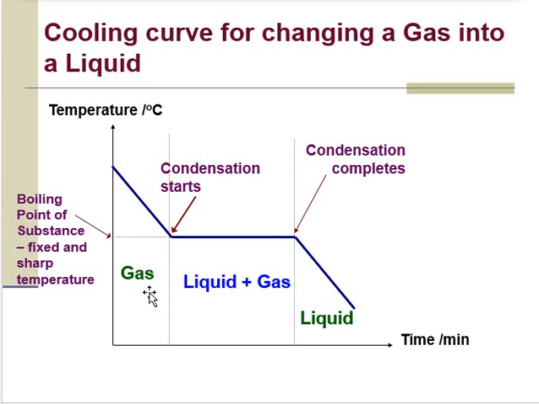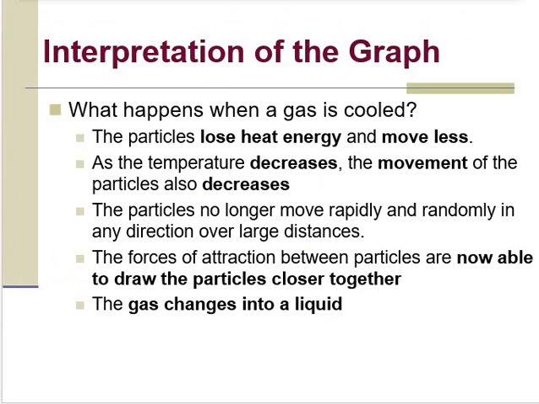So this is the point at which your condensation actually starts. Again, when I have a change in state, your temperature remains constant. And after the condensation has completed, your temperature will continue to decrease. So for part B, part C, and part D of the graph,